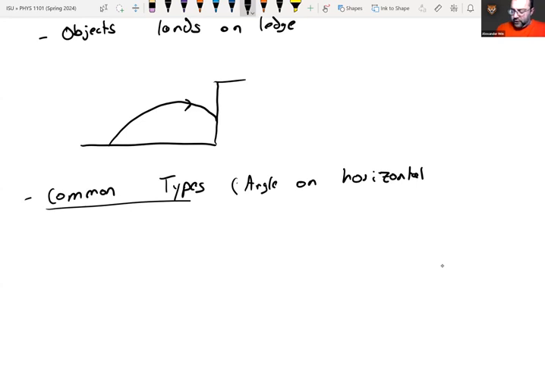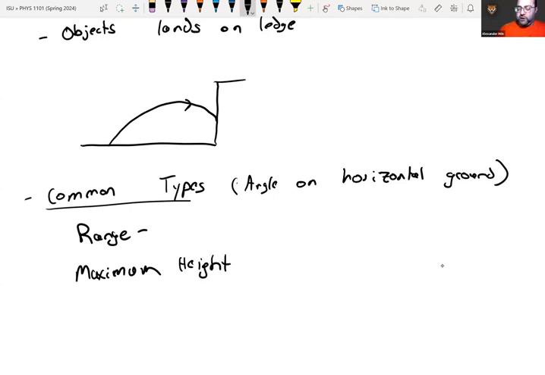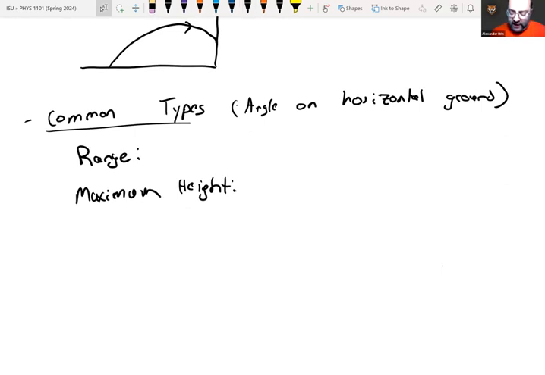The common questions that you get asked are range and maximum height. I'm going to go through just an algebraic derivation of these. You can use these equations if you want. I definitely suggest working through some of these at least the first few times to understand what's going on. But if you're asked for a range equation,